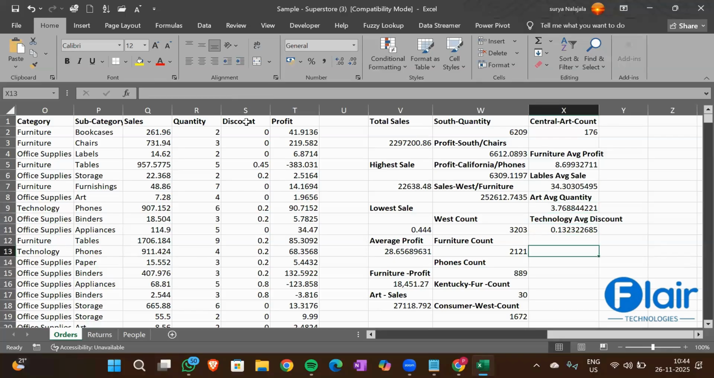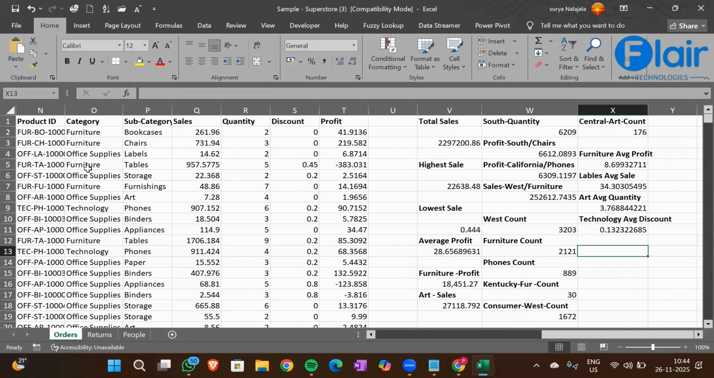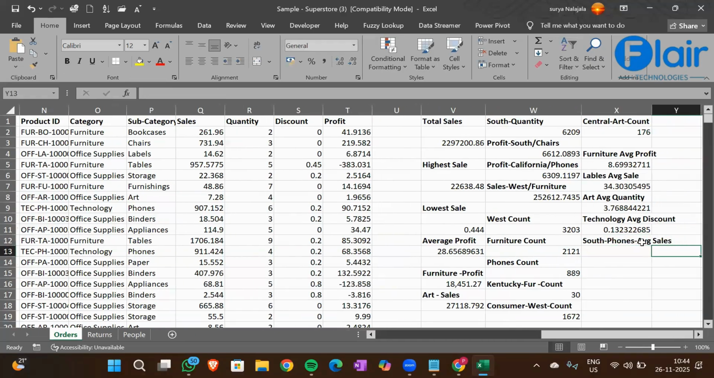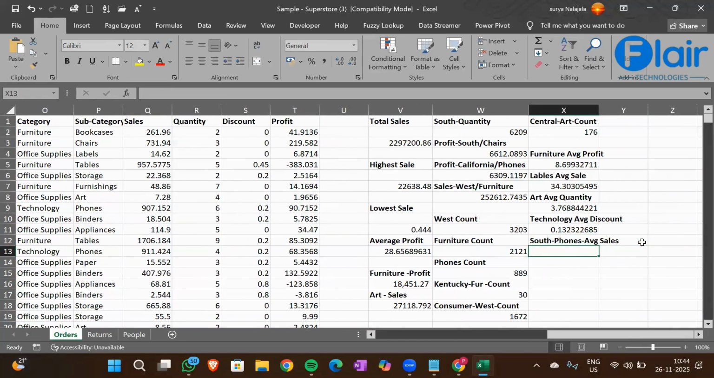So we have discussed different examples yesterday and today. Now I'm moving on to the AVERAGEIFS. For the South region, for the phones, what is the average sale value? That is my question. South region, for the phone subcategory, what is the average sales? Equal to